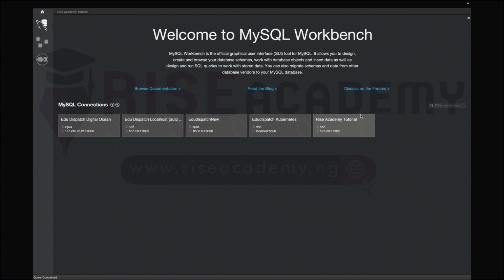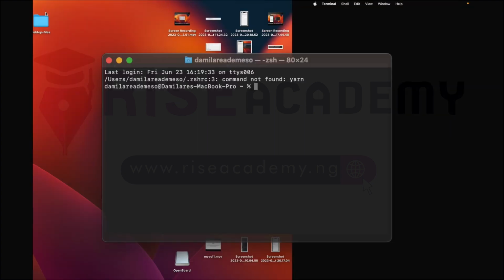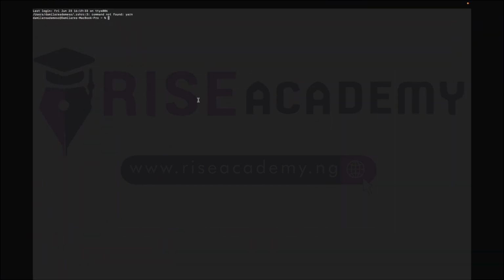Now that we have MySQL Workbench, what if we do not have it? How do we still interact with MySQL server? Normally, to interact with MySQL server without MySQL Workbench, you would be using a terminal like this on your computer. On a Mac, for example, you can go to your applications folder and then search for terminal. You'd see your terminal on your desktop if you're on a Mac. So I have my terminal here,